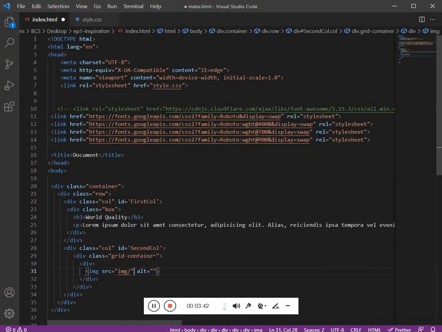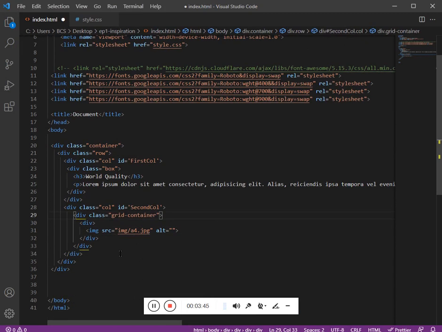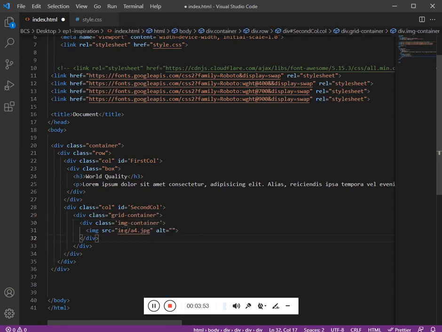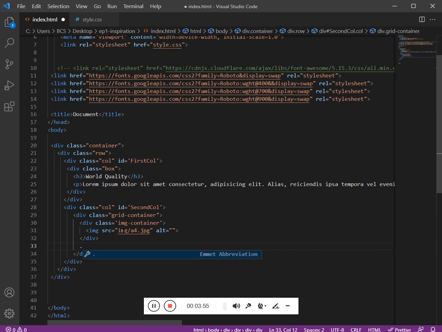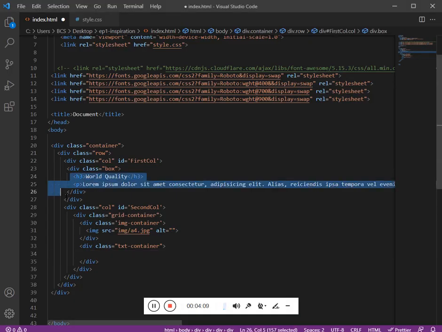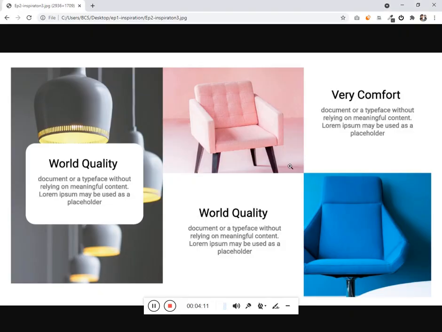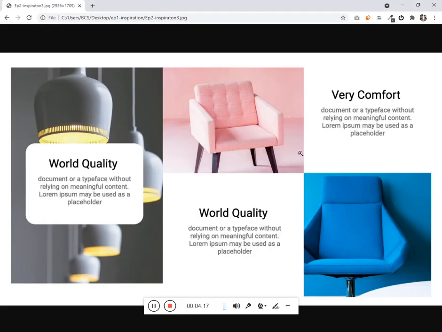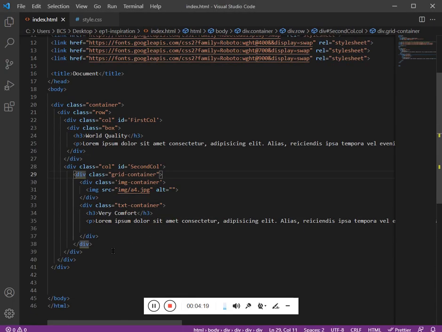So A4, and after that let's give the class as well, image container, and after that we need a text container, and inside the text container we need the heading and the paragraph. I'll just copy it and paste it, and I need to repeat the same grid container twice.